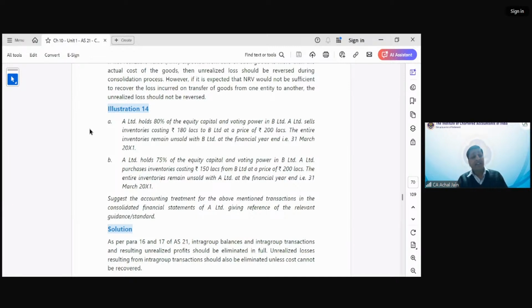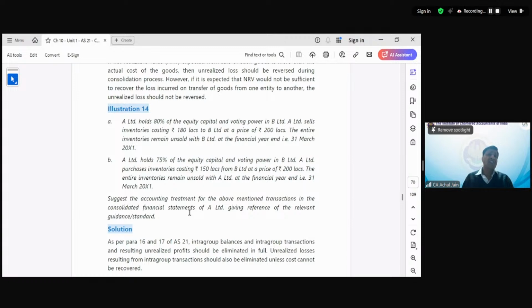So inventory had a cost of 150 lakhs, which has been sold for 200 lakhs. So what is the amount of profit? Can you tell me? What is the profit which has been loaded in this inventory? Great. So Larry says 50 lakhs. Rashmi and Riddhi have the same answer. Very good. So the entire inventory remains unsold with A Limited